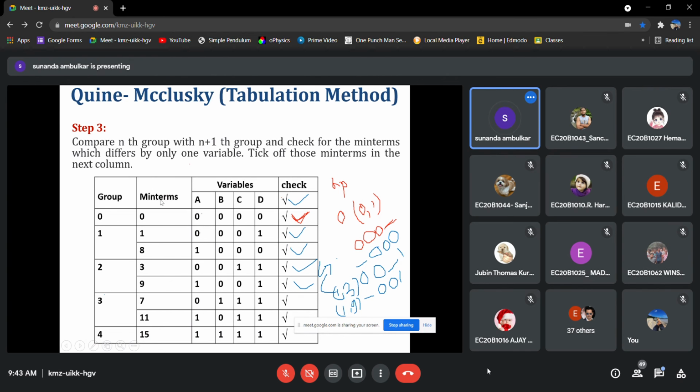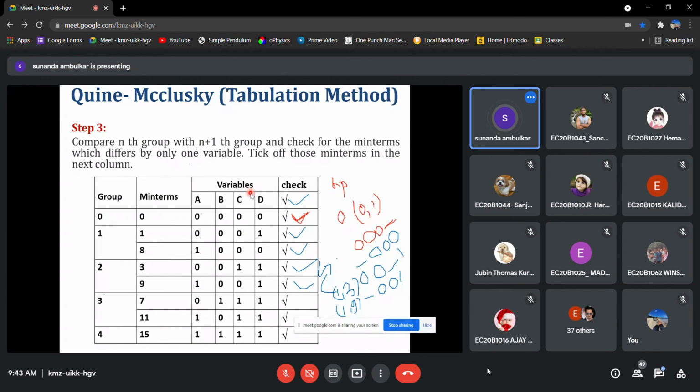Clear? We will compare group 0 with 1, then 1 with 2, then 2 with 3, then 3 with 4. This is the rule. While comparing, we see which minterms are differing by only one variable.